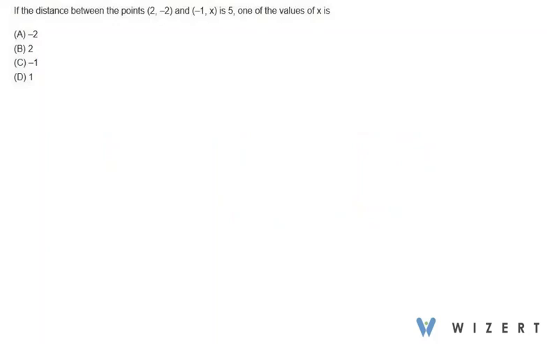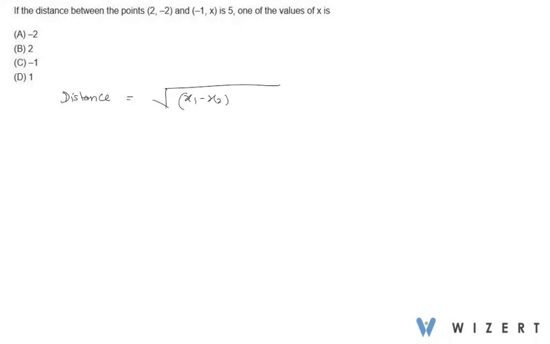We have this question here. If the distance between the points (2, -2) and (-1, x) is 5, one of the values of x is... So we know the distance between any two points is given by distance equal to the square root of (x1